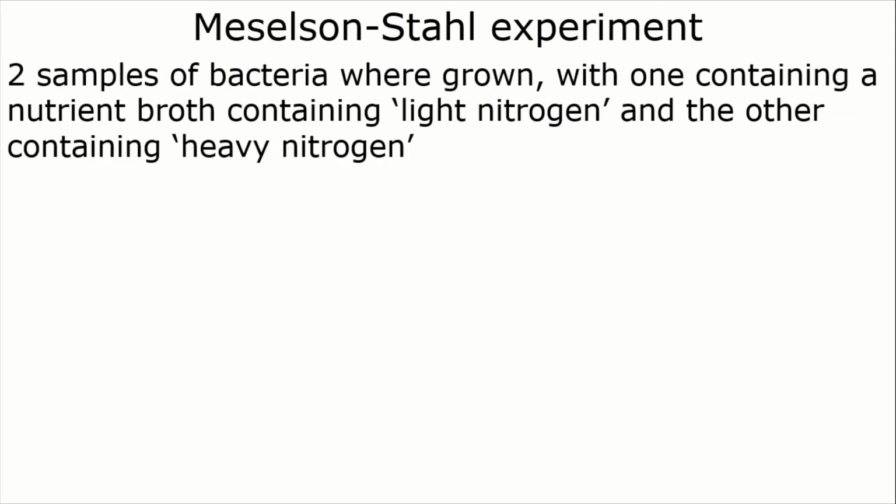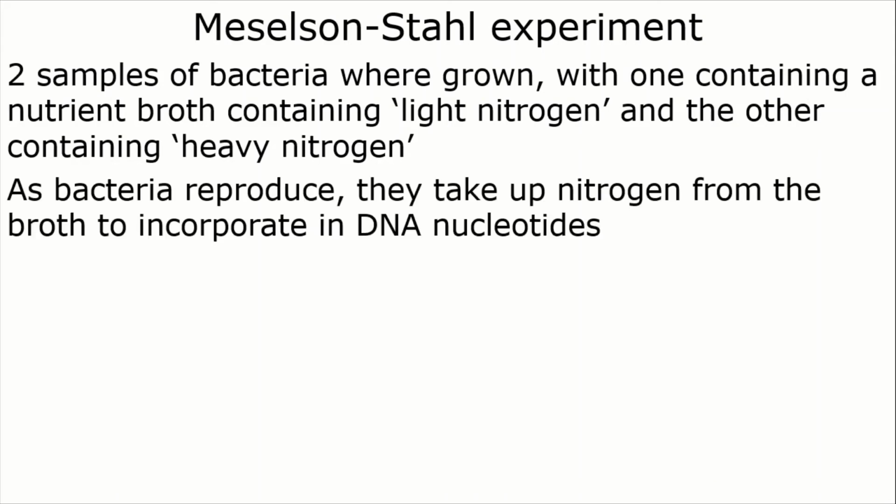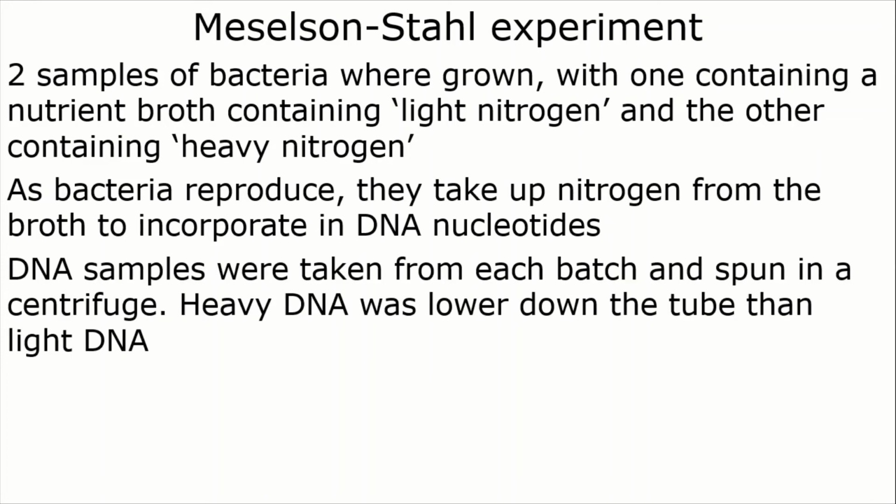Now, heavy nitrogen has, again, 7 protons, but this time it has 8 neutrons, so its mass is 15 instead of 14. And as bacteria reproduce, they take up the nitrogen from the broth and they incorporate this into their DNA nucleotides. So DNA samples were then taken from each batch. A sample was taken from the bacteria that was growing in the light nitrogen broth, and another sample was taken from the DNA grown on the heavy nitrogen broth, and these were spun in a centrifuge,